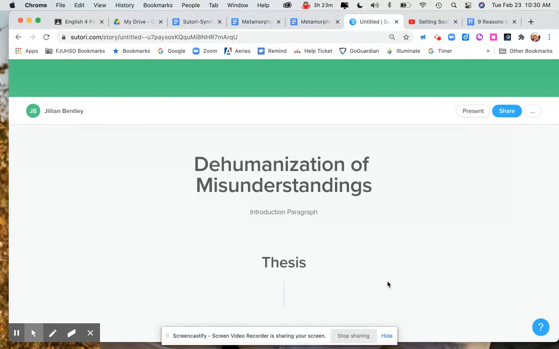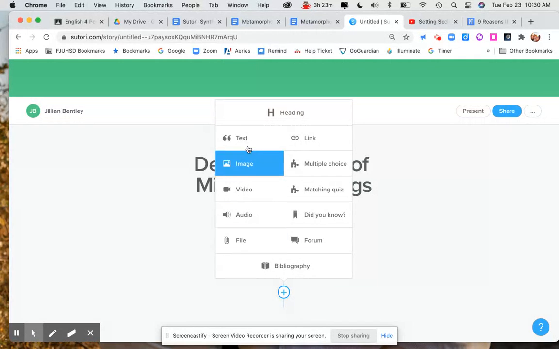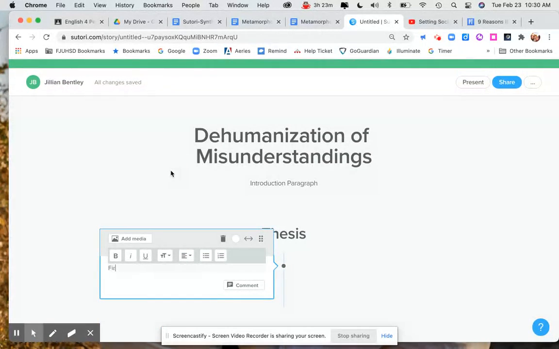To add elements, you find this little line down the middle, and the blue plus sign will help you find your options for elements. Maybe you want to start with your paragraph, so you choose text. This will be your first synthesis paragraph, for example, and the structure of it will be topic sentence, and you will have explanation,